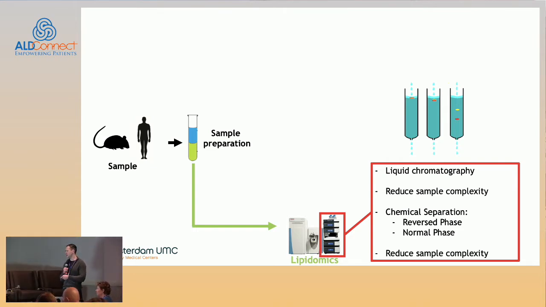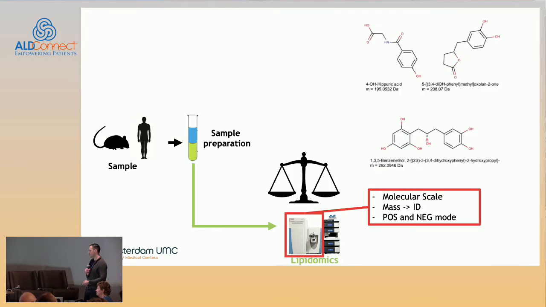So these different speeds actually result in separation. After separation, they go to the mass spectrometer, and mass spectrometry is nothing else than a very sophisticated molecular scale. It measures the mass of certain molecules. Here you see three examples of this. These are quite different molecules, and by measuring their mass very precisely, we can relate this mass to the chemical structure, and thereby identify these